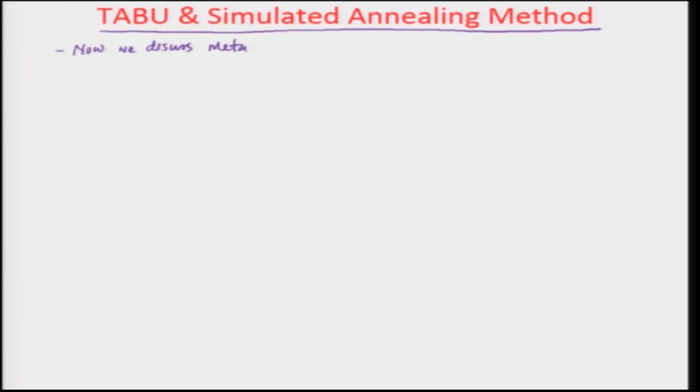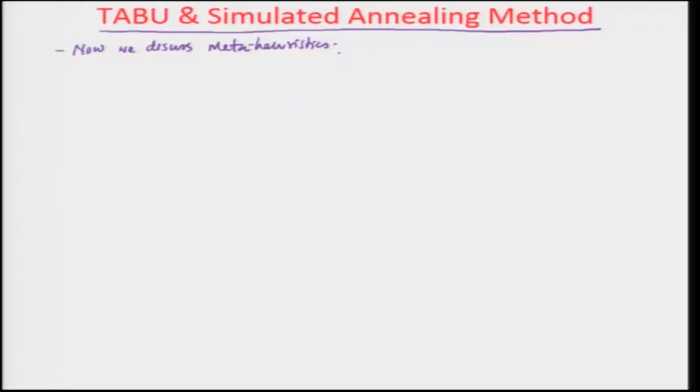So now we discuss metaheuristics. Okay. So heuristics is something where you start taking one decision variable and then you incrementally keep on doing it until you get all without violating the feasibility, and once you get the feasible solution you call it good. So then we talk about something called metaheuristics.